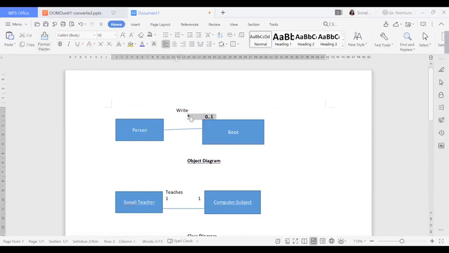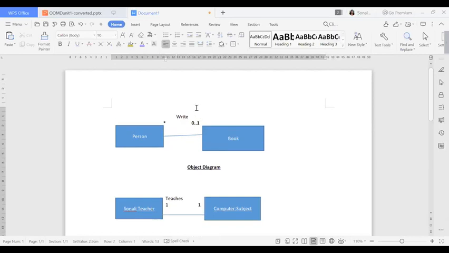So here you can see the relationship will be like this. Multiple persons can write multiple books. Multiple books can be written by a single person. One person can write one book. So it is providing you three varieties of relationship. That's why I have given this kind of relationship.